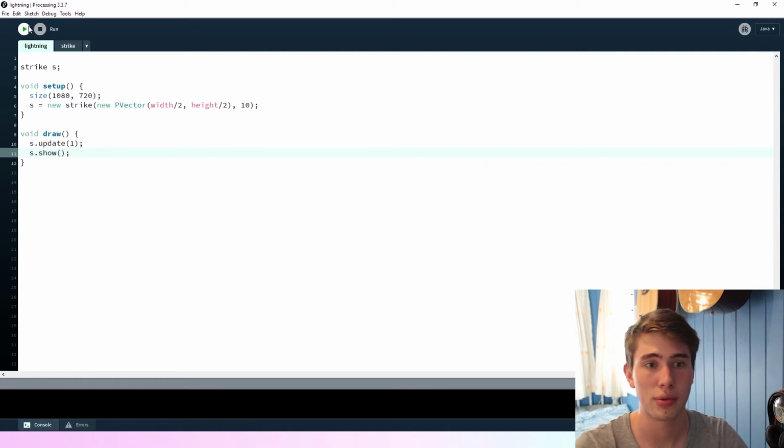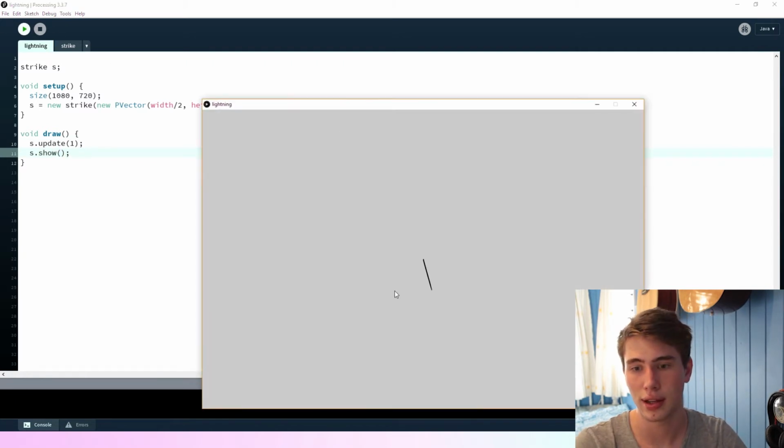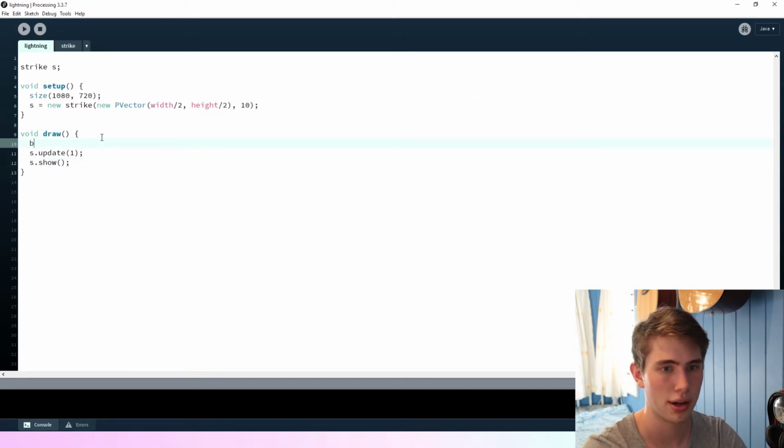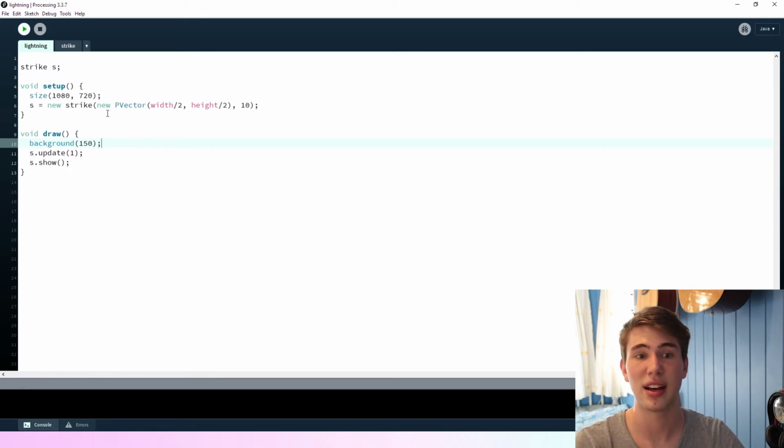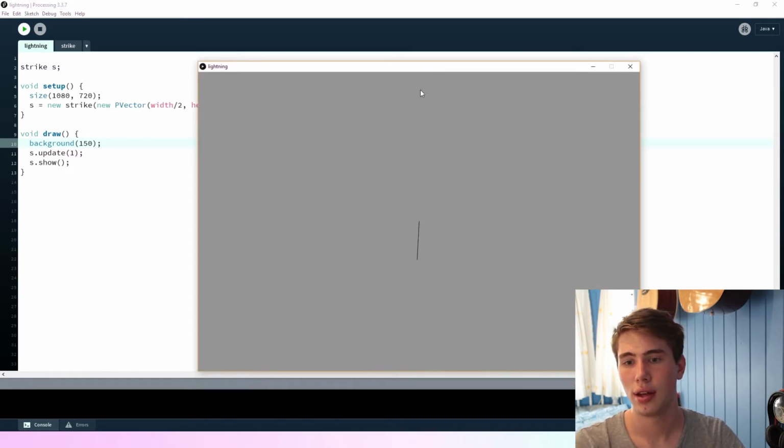So now when we run it, we should see that we get a line that gets bigger over time. And it looks a bit weird, and I think that's because the background isn't being cleared each time. So I'll say background, and we'll use 150 because it's a nice light greyish colour. And so there, we get a nice line that grows and grows and grows, and that's just going to grow